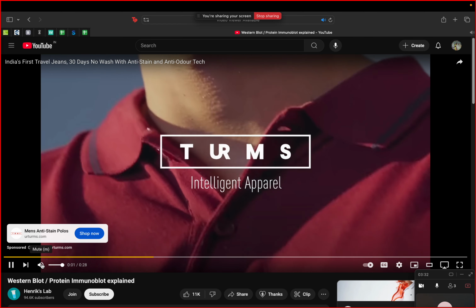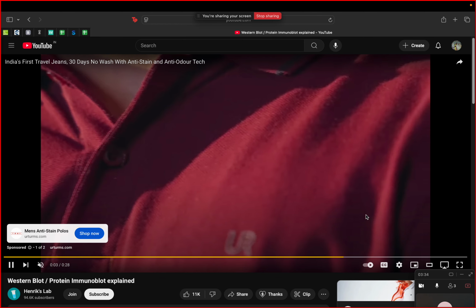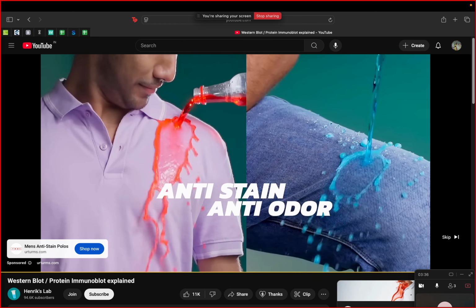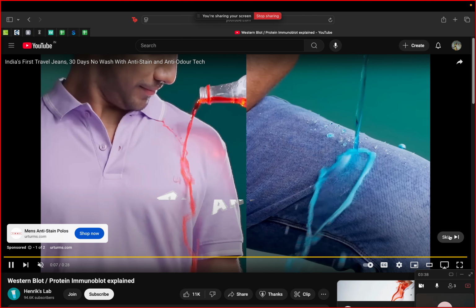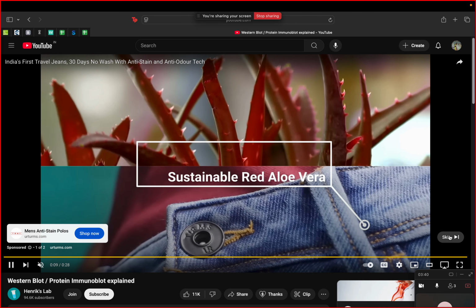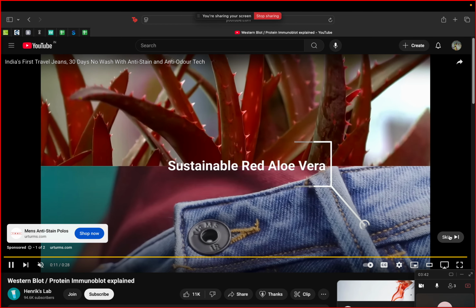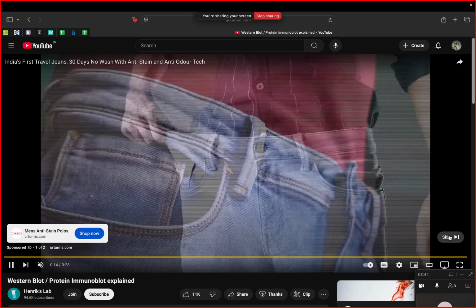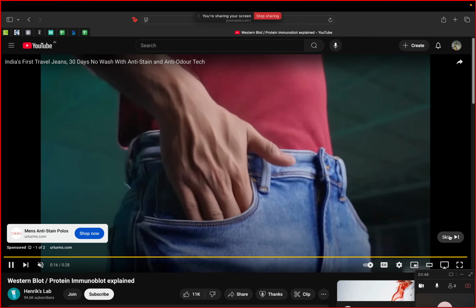Okay, so here's a very basic explanation of Western blot for those who have not done it, and for those who have even done it, it will give you a little bit more clarification on the principles of why we do such a thing. Okay,